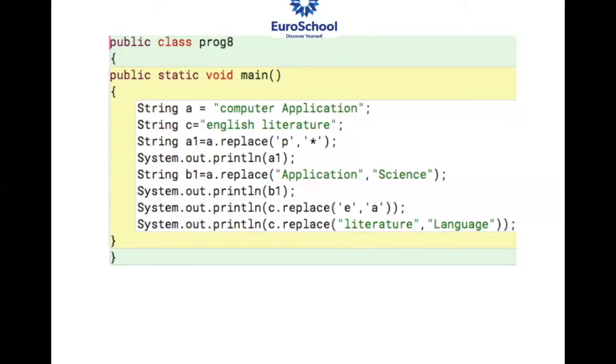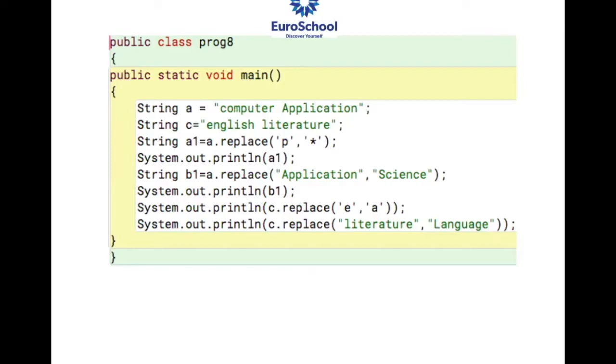COM star UTER, and blank space, and application. Application would be there? Yes. Whole thing? No, the blank space divided. So A star star LICATION, because again it is finding the letter P. Can you just repeat the answer again, Siri? COM star UTER and then a blank space, A star star LICATION. Perfect. Clear with it?